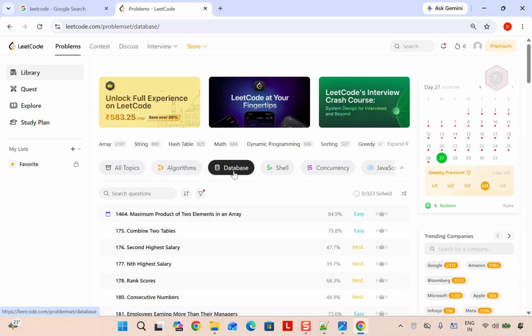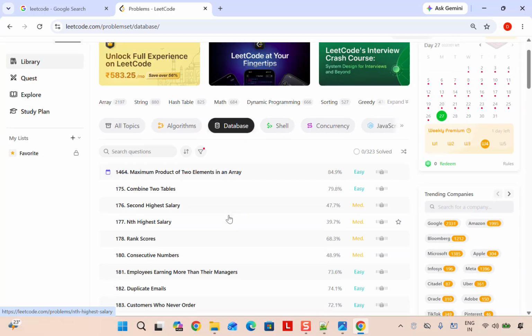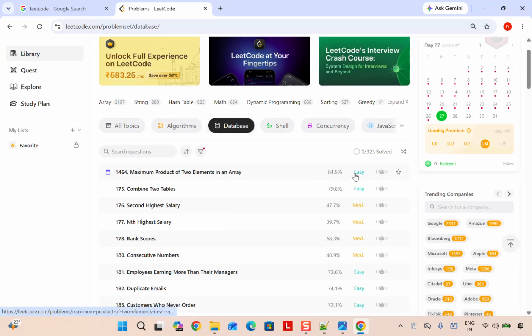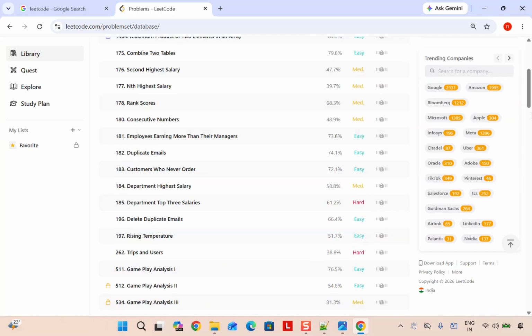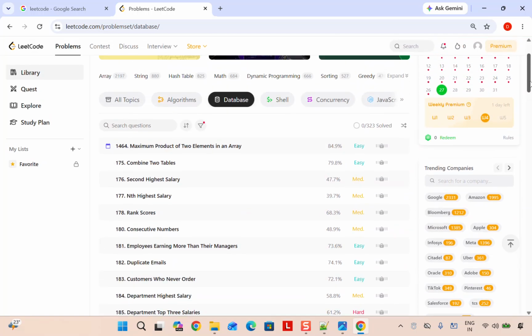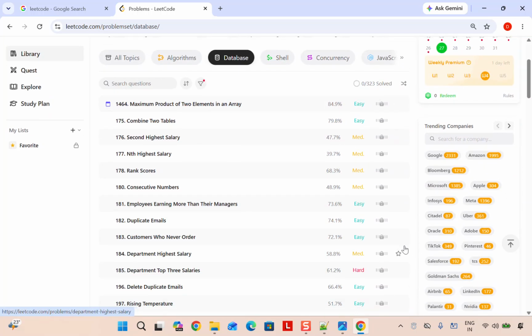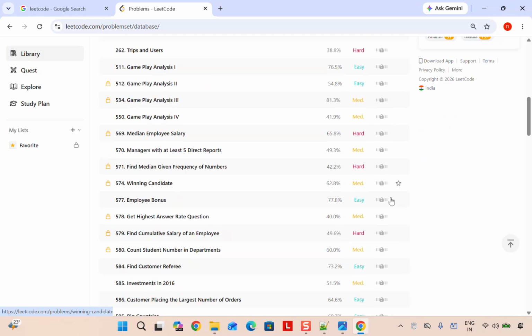to the database. Once we come to this database, you see some of the questions are easy, some of them are medium level of complexity, and a few of them will be hard, right? So we'll be solving all of them. We'll be touching all of these categories: easy, medium, and hard. Okay. And if you see